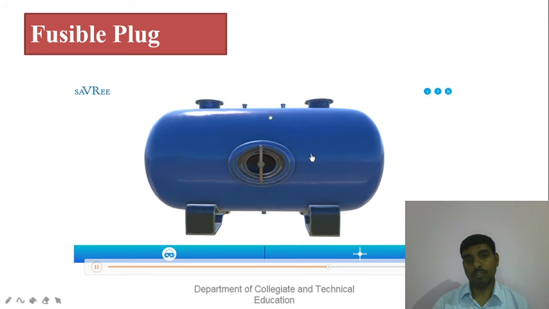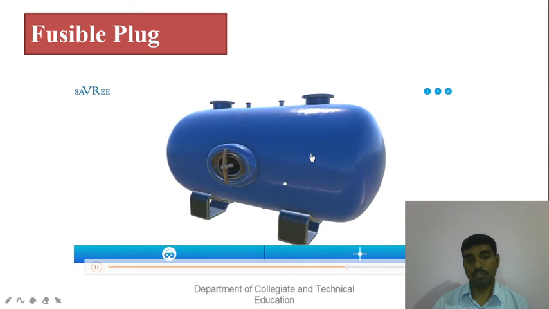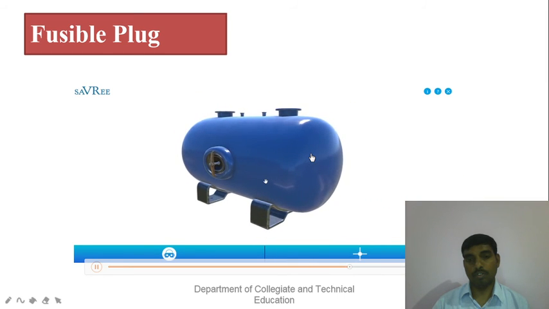Now the fusible plug is normally mounted somewhere near the top, perhaps between these 2 appendages here, so in the middle. And if the fire in the area was to heat up that fusible plug, we already know that the fusible alloy in the middle would melt and the compressed air would leak out, or be forced out, and vent to atmosphere. So it's reducing the risk of an explosion should there be a fire. Now fusible plugs are not just installed on the compressed air vessels themselves, they will also be installed normally just after the compressor on the discharge pipe work.